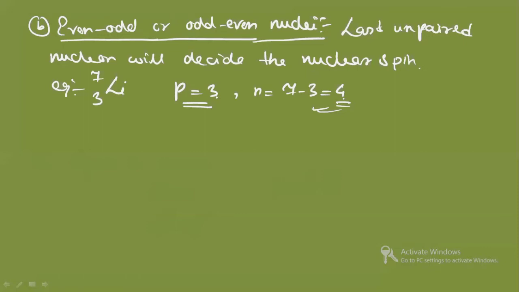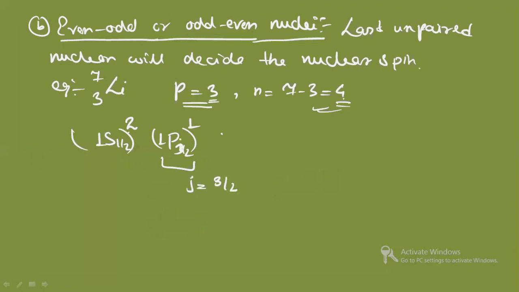Now already we have seen how we can write it: 1S, 1P 3/2 and 1P 1/2. Here the value of J was 1/2, here it was 3/2. Here you can fill a total of 2, here you can fill a total of 4. You need to fill only 1 here, because the proton number is 3: 2 are gone, 1 will be filled here. Now for the unpaired one, the value of J is 3/2.